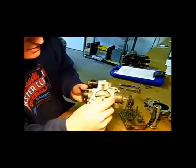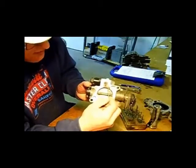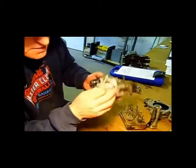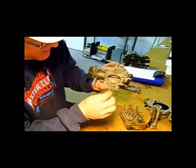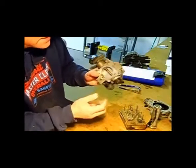If you look real closely, you can see this one's been filled in all here with JB weld. Normally that would be open. But the idle air pathways are handled in so many different ways, it's not possible for me to show you them all on a single video, so I'm not going to worry about it. But you can see that this has been filled in here with JB weld, and the way that's done is